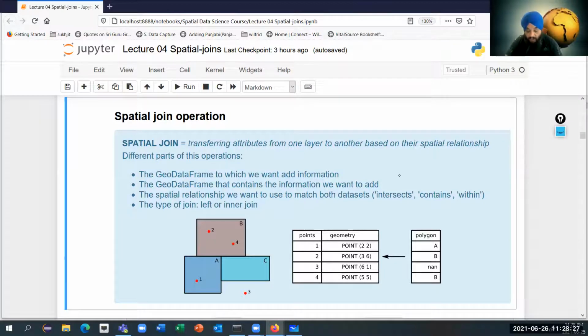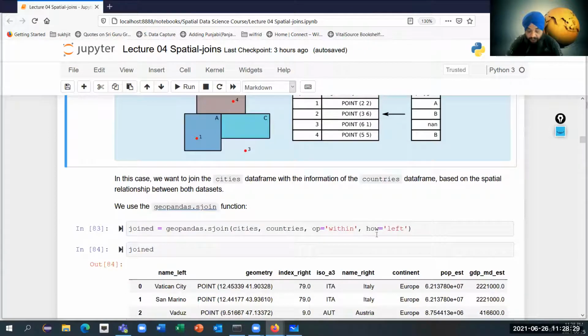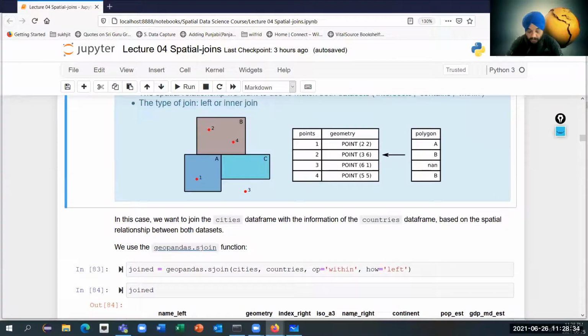Rather than a column, we take the operation that has to be performed. So let us suppose these points are there and we want to merge them. Merging would be done based on their spatial relationship, because a spatial attribute knows where exactly the other attribute is. Now, if this is a polygon,